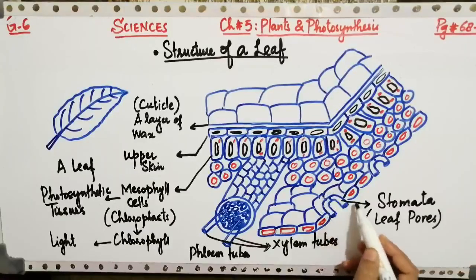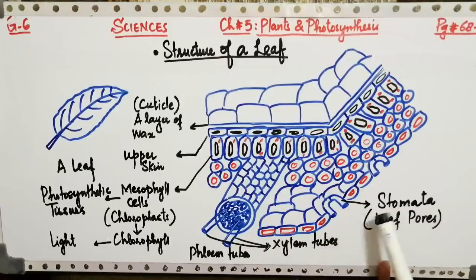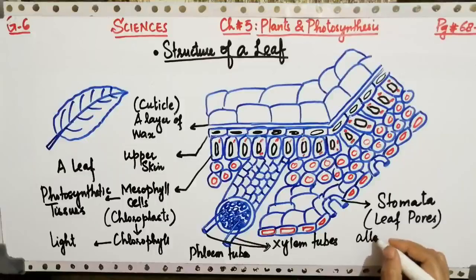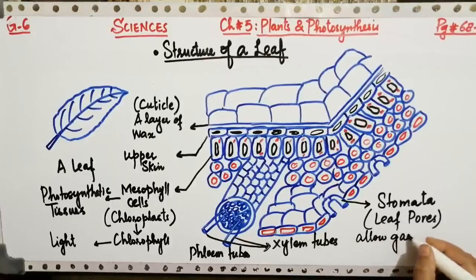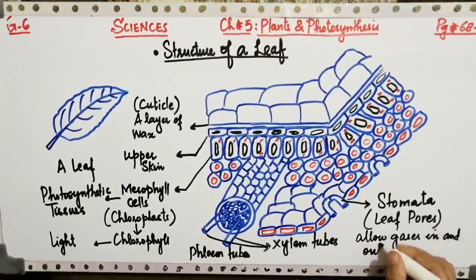और ये structure जिस वक्त आपको नज़र आ रहा है, basically the full structure is called stomata, but actually the stoma is an opening which is present in this middle area, middle point, around which the two cells are present which are called guard cells. So these stomata are responsible for letting gases in and out. ये कार्बन डाइऑक्साइड को और ऑक्सीजन जो गैसेस होती हैं उनको